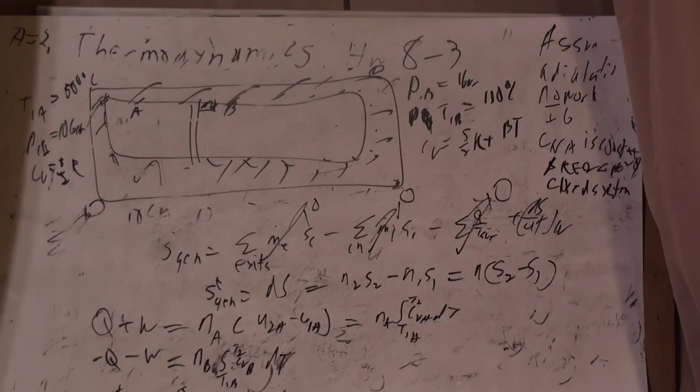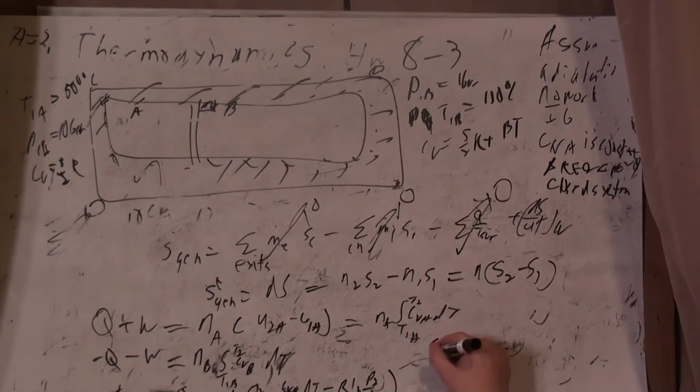okay, that's associated with that, plus NA of S2, which is going to be S2A. We'll plug in what delta S is here, so we're going to have the integral of T1A to T2 of CV over T, CVA dt, minus R natural log of P2 over P1A, okay, and then the other one